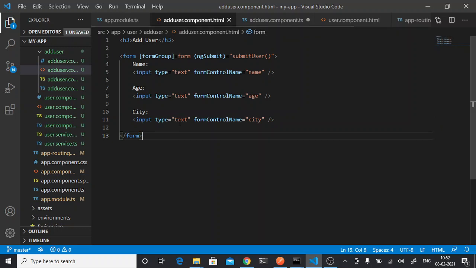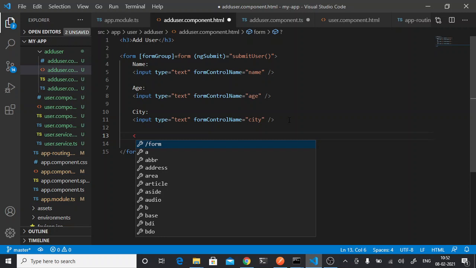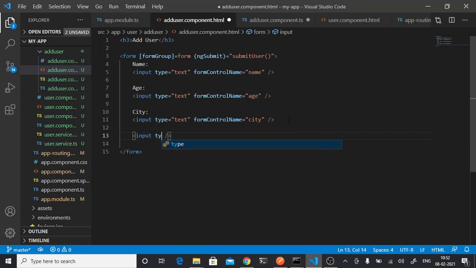So now that we have formed that, we will need a submit button. So input type submit and the value. So value I will say add user. Here I will say add user form.